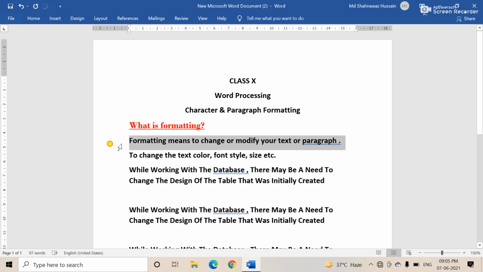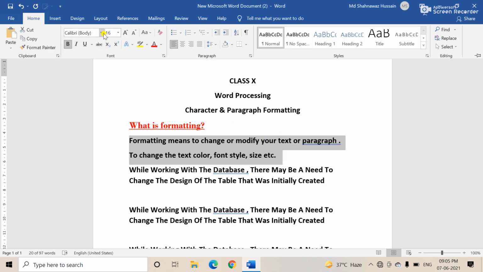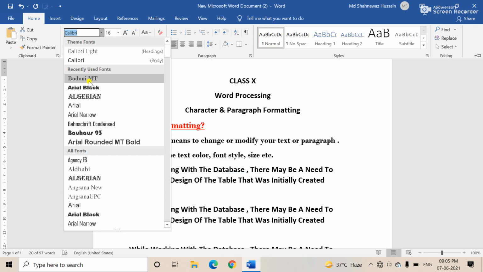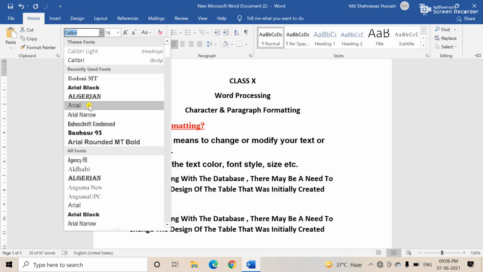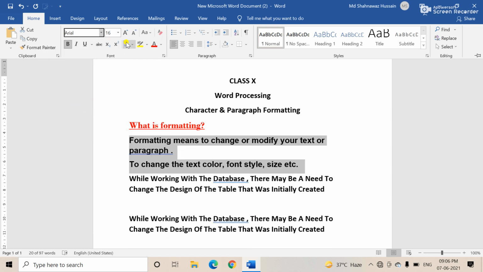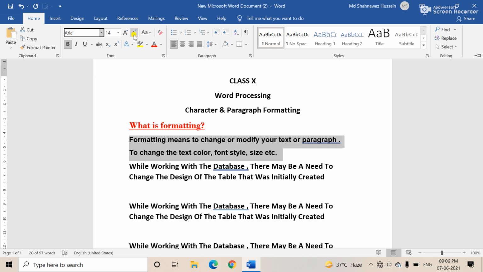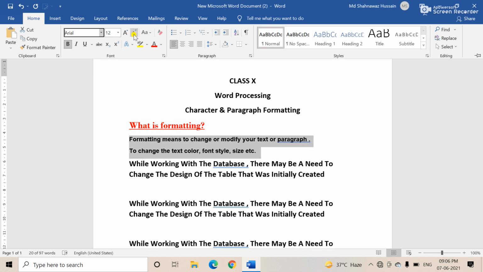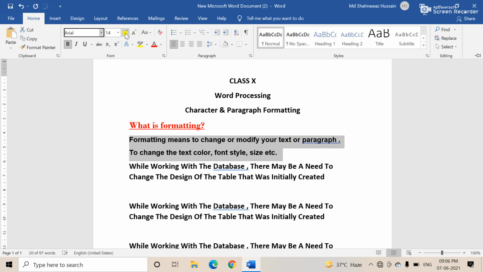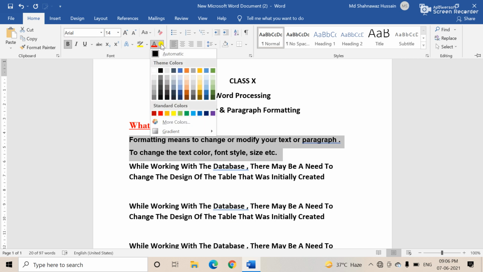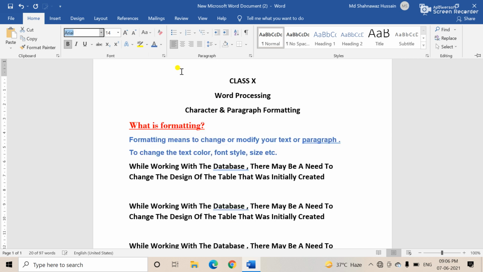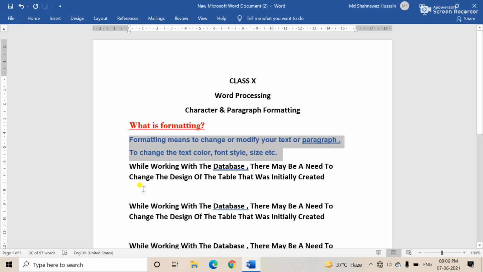Next, suppose you want to change the next paragraph, select again. In Microsoft Word, when you apply any effect, first you select, okay, like this, and the color is, suppose, here is the blue color.